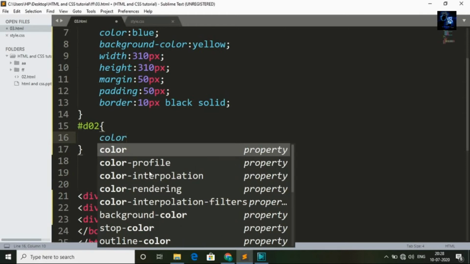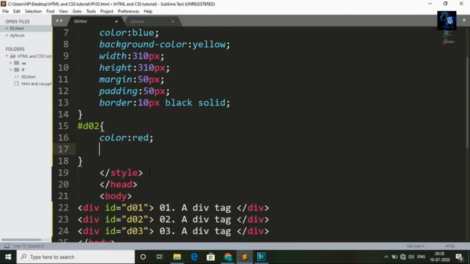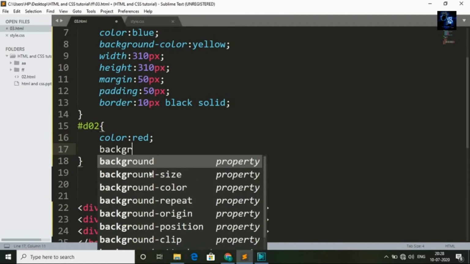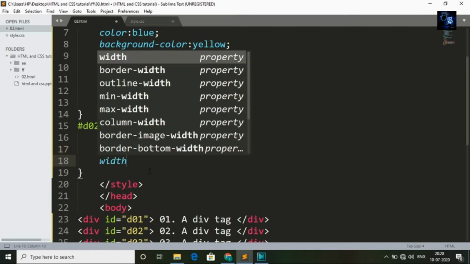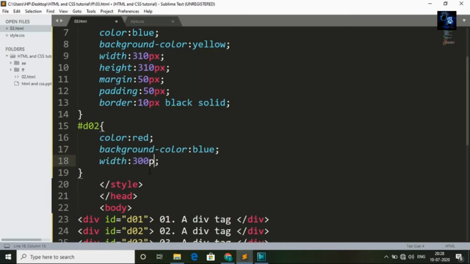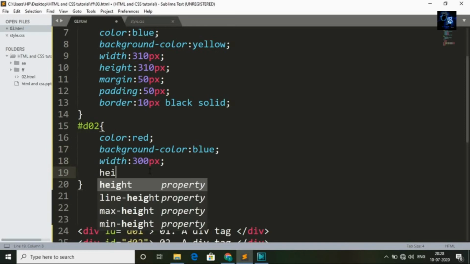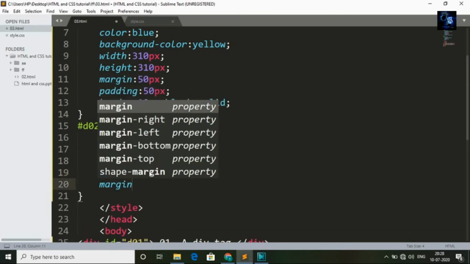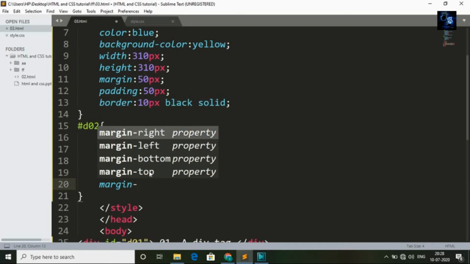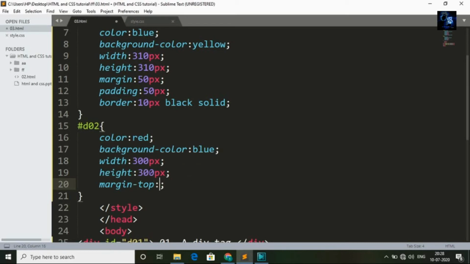Color this time I will give red, and background color I will give blue, and width I will give 300 pixel and height I will give 300 pixel, and margin top. If you want to apply margin only from the top, then you need to type margin-top colon 50 pixel.